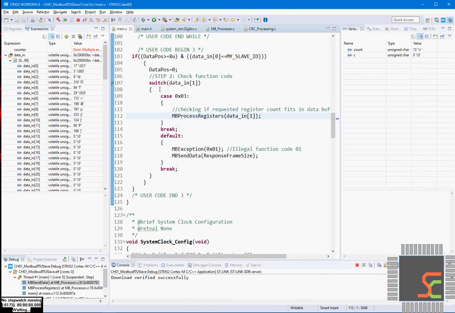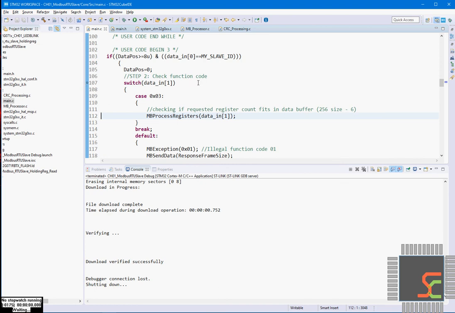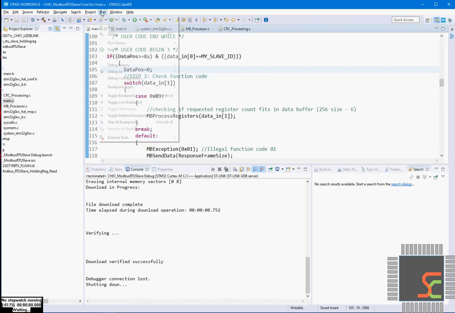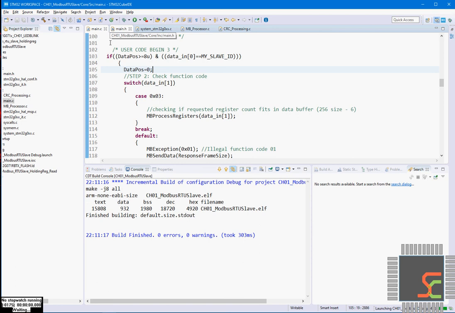Now, since we did the debugging session, we will check using an actual run. I will remove all the breakpoints first if there are any breakpoints. Okay, so I will now say run.